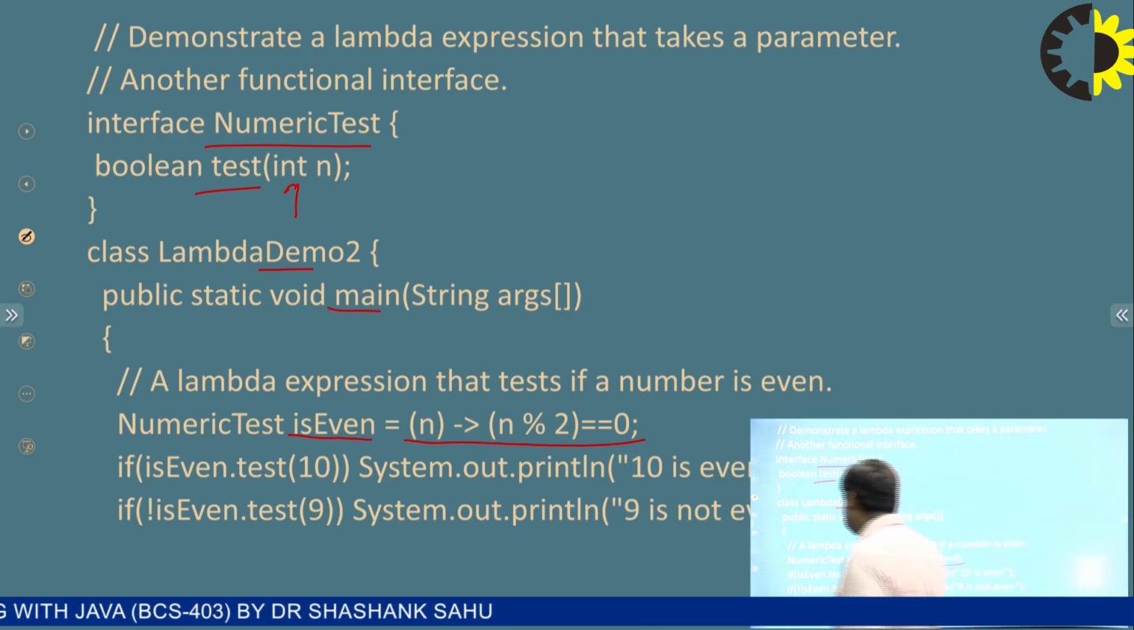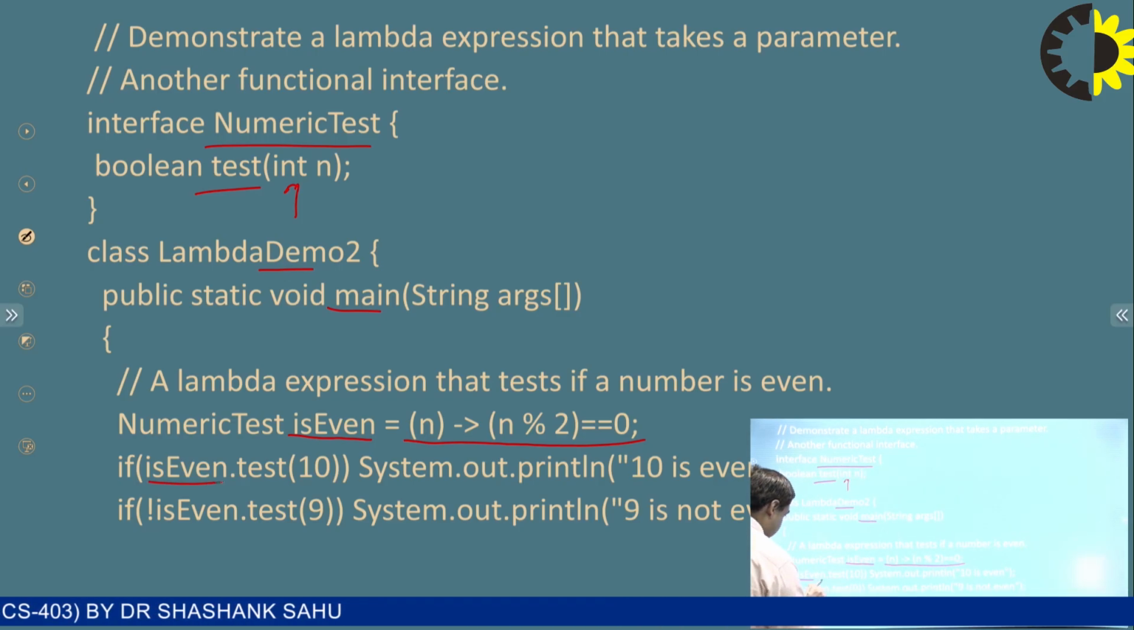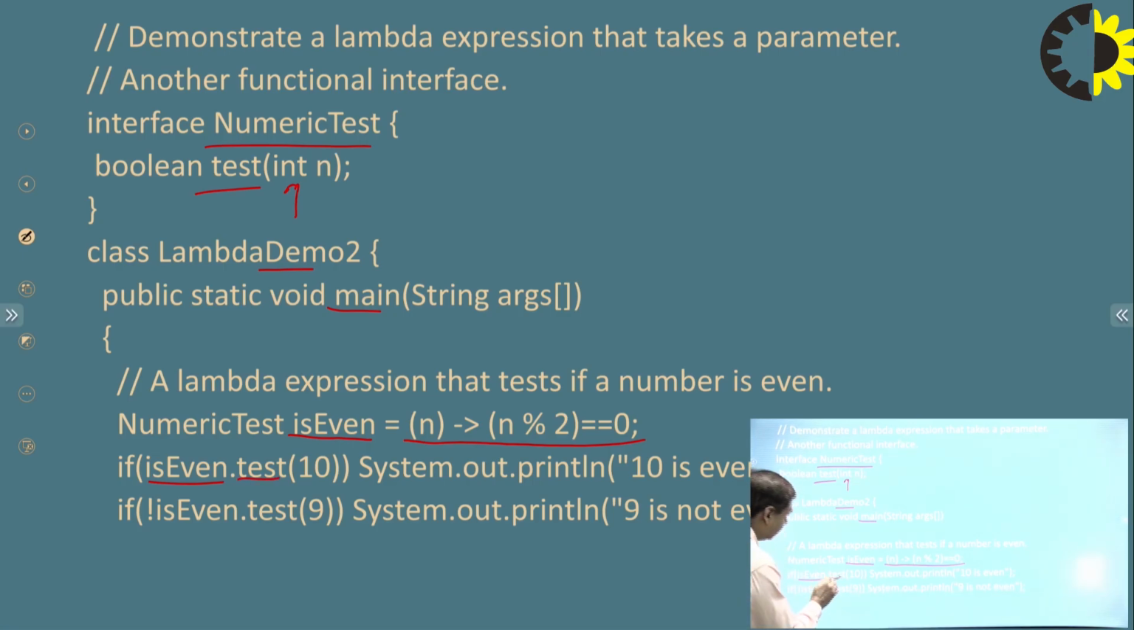So isEven is the reference variable, test is the abstract method, and this is the functionality implementation by the lambda expression that we assign to the isEven reference variable. Now we call the test method because it gets the implementation with the help of the lambda expression. We pass the value 10, it will check it, and if it returns true, it will display that 10 is even. If we pass the value 9, again it will check,